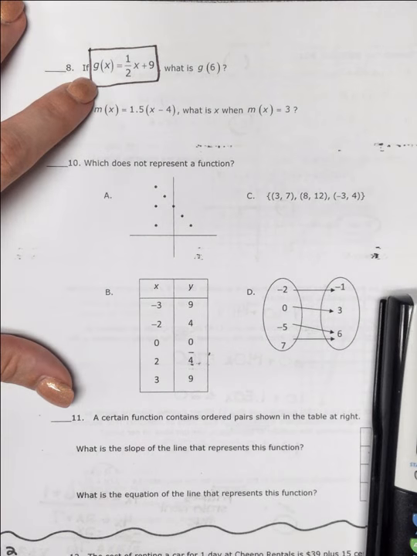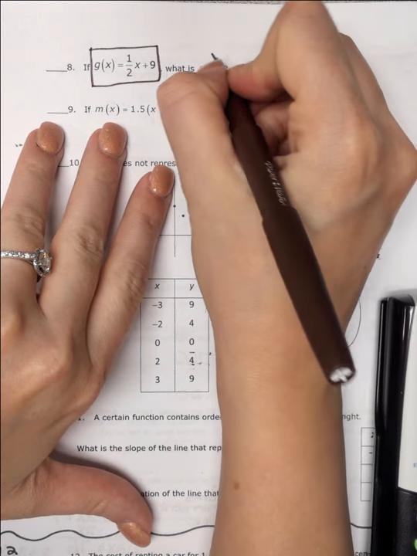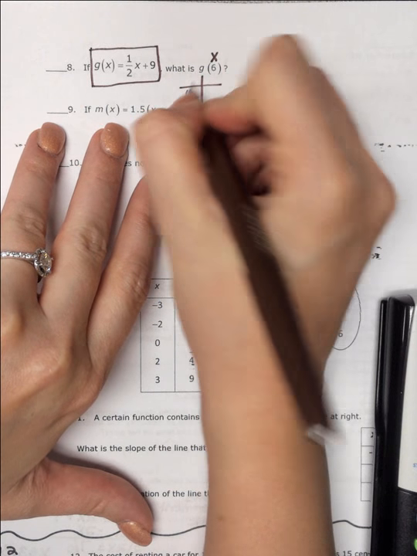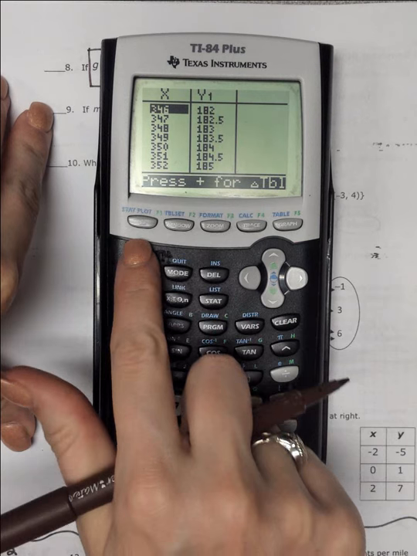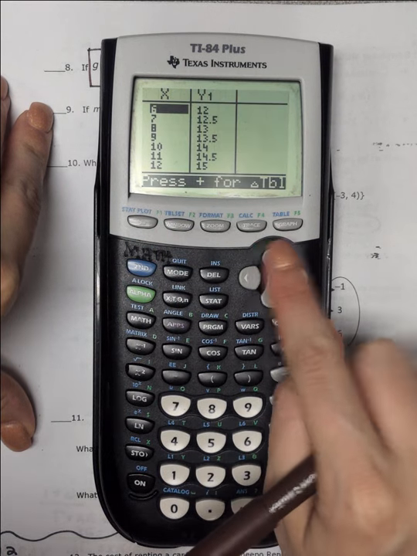The 6 is in the parentheses. Remember, hold your arms in. It makes an x. So when you have 6 as x, so second window, let's go to 6. It matches up with